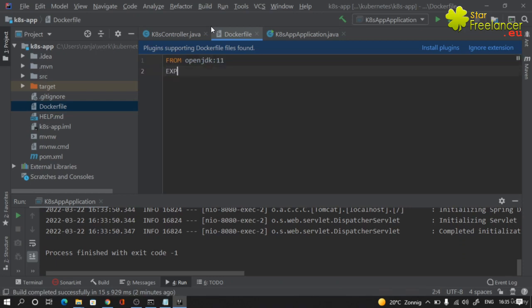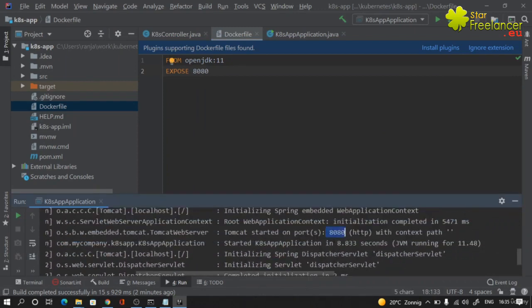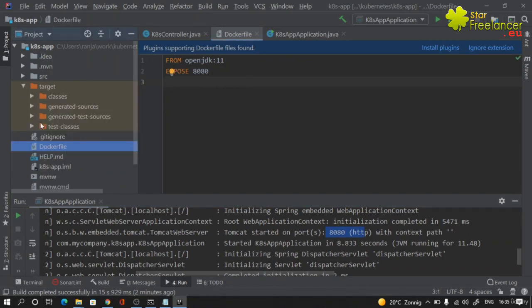And we will expose the port 8080 to the outside world because our Spring Boot will run on port 8080 here. That's what we saw and we know. So this is the port on which our Spring Boot will run, so we'll expose that port to the outside world. And once the package is built, whatever jar is getting generated here, we want to write it over the